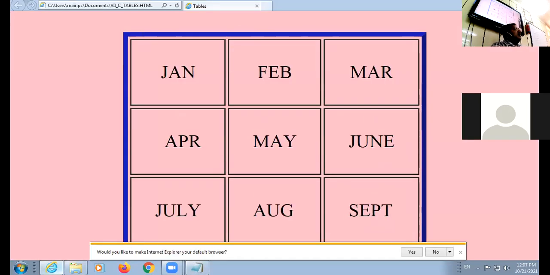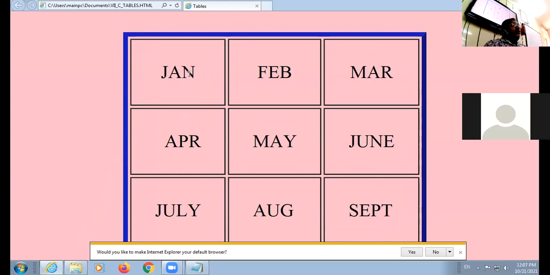See, January content और सेल के बीच में गैप देखो। सेल के अंदर चेक करो that the gap between the data and the border of the cell, ये वाला गैप जहां मेरी फिंगर मूव कर रही है, this is cell padding, right?